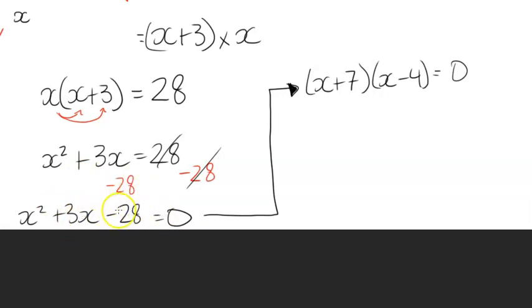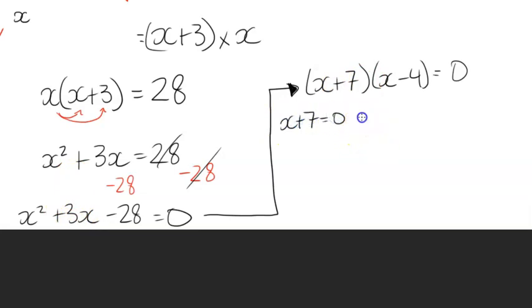So two numbers when multiplied will give me negative 28. I know one of them has to be a negative in order for this negative 28 to happen, and one of them has to be positive because the coefficient in front of the x is a positive. It's a positive 3. So we know now that x plus 7